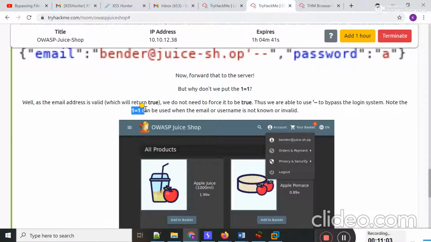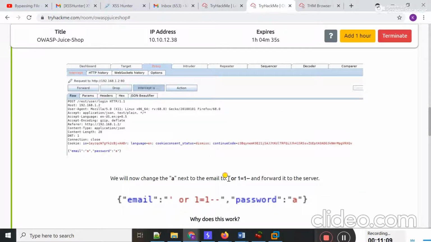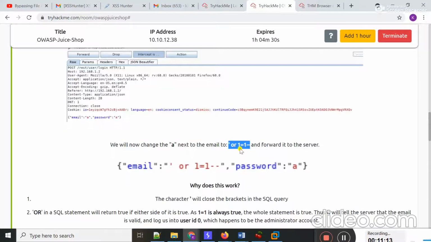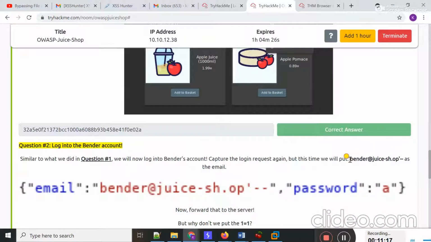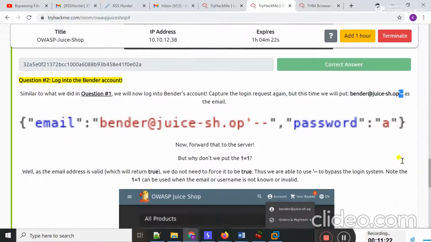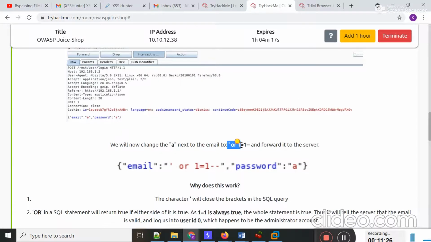Note that 1 equal to 1 can be used when the email or username is not known. Okay guys, in the first question I used this payload. This payload will be used when we don't know the email ID. But if you know the email ID, then you can use this payload, single quote and hyphen hyphen, instead of this one.